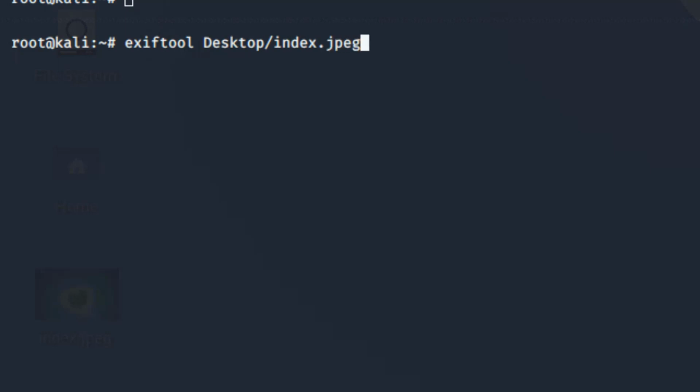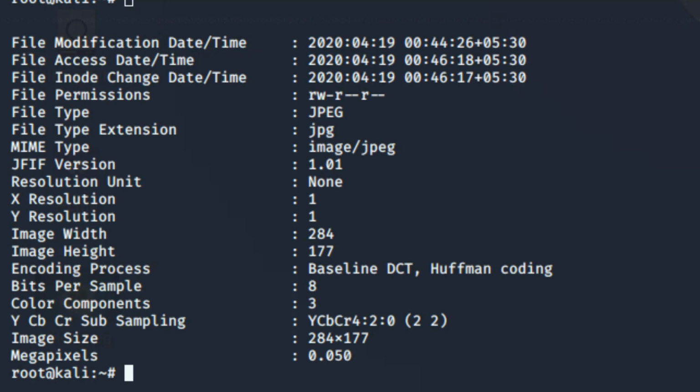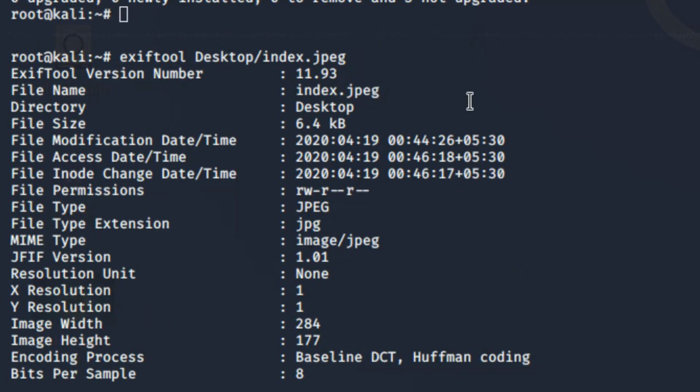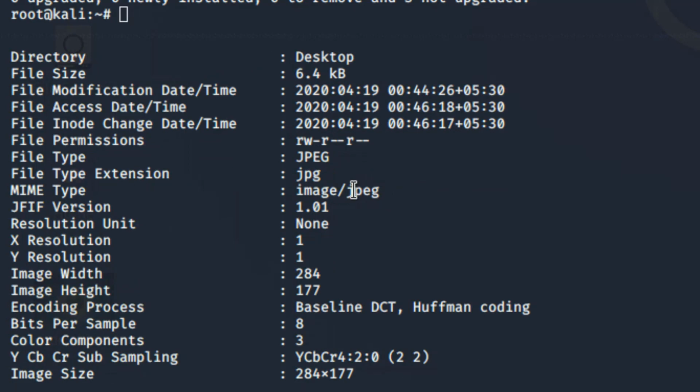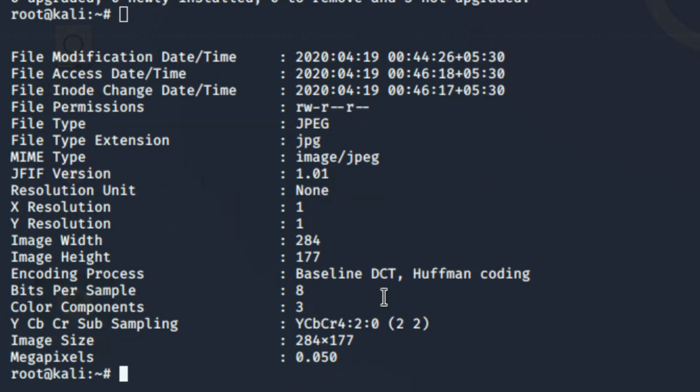Now you can see all the details of that image file: the name of that file, where it is saved, the size, the modification date, the access date and time, the permissions which that file has, the resolutions and the size, width, height, and the encoding process. So this exiftool is used to give you all the details of a file, whether it is an image file, a PDF or any kind of file. This exiftool will give you all the details.